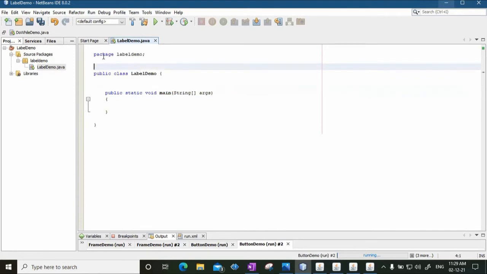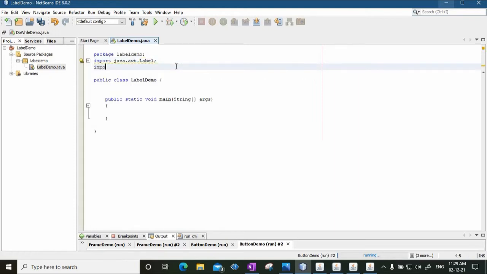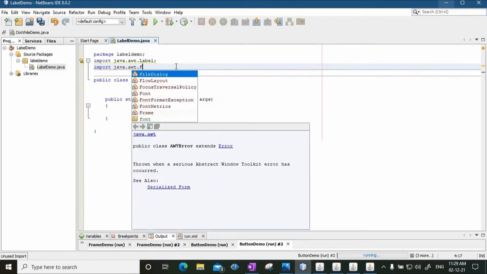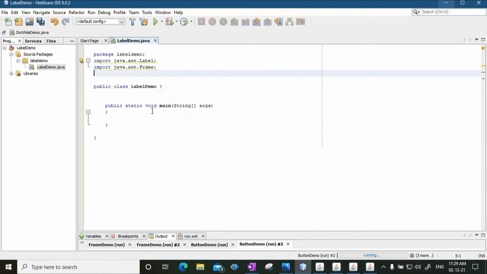Since we are going to have labels, we'll have to import those files. So I'll say import java.awt.Label class, and the second is import java.awt.Frame class. These are the two classes which are required.